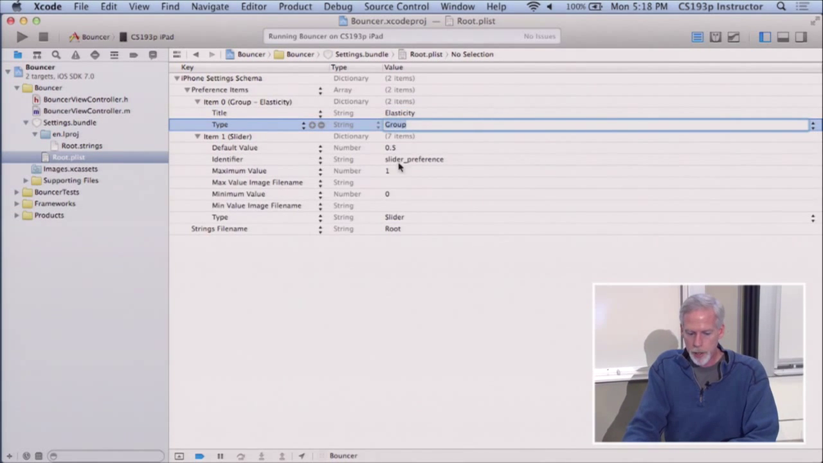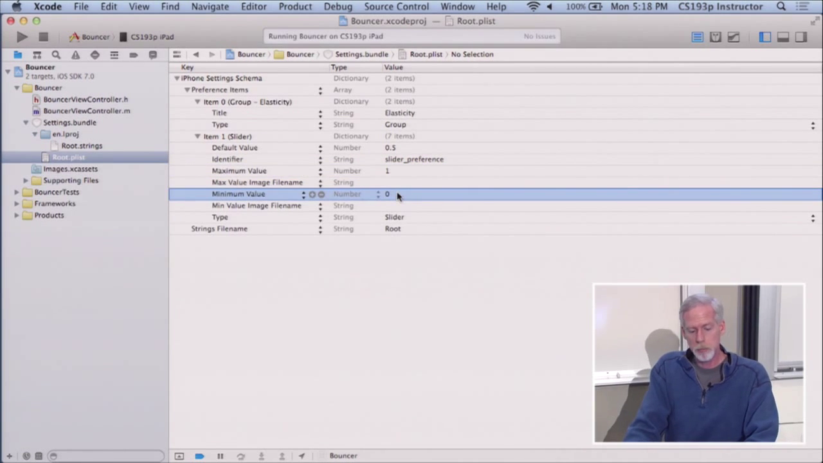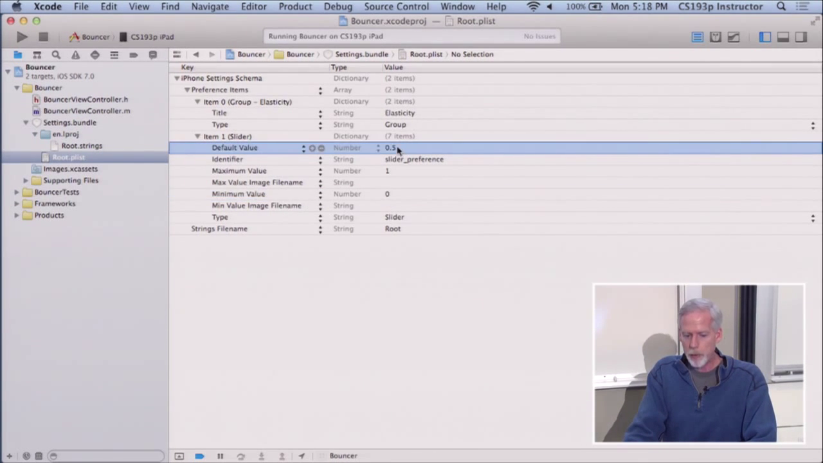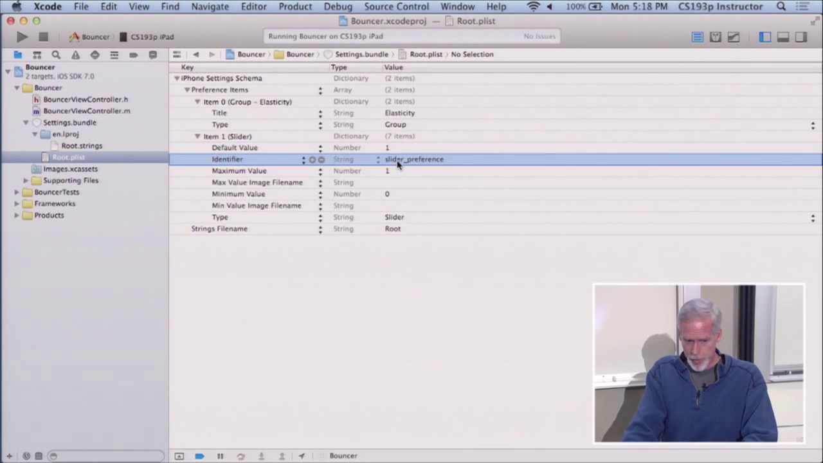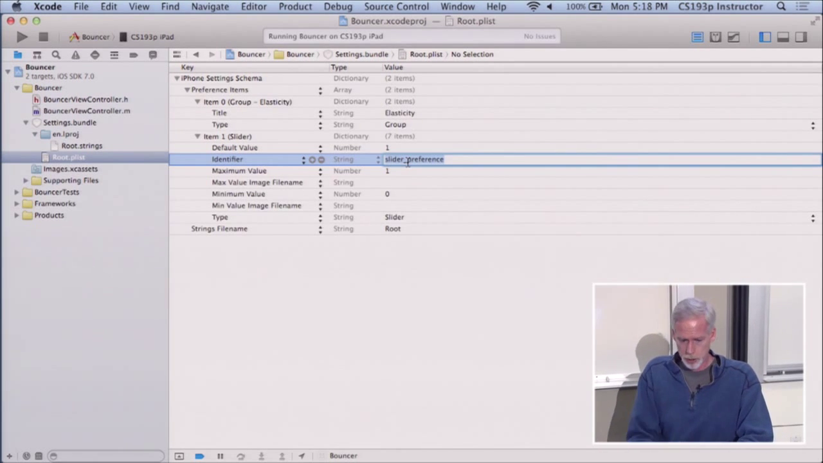And then in my slider, let's look at some of these things here. Okay, the maximum value is 1. That's good. That's the maximum elasticity I want. Minimum 0, so that's good. I don't need to change that, but you can obviously change these things. The default value of 0.5, no, I really want my default value to be 1 because that's what my default value was before, and I want it to start there. And then this is very important, the slider preference. This is going to be the NSUserDefault that communicates this back, and I'm going to call this